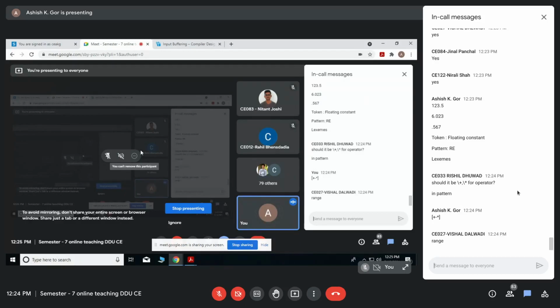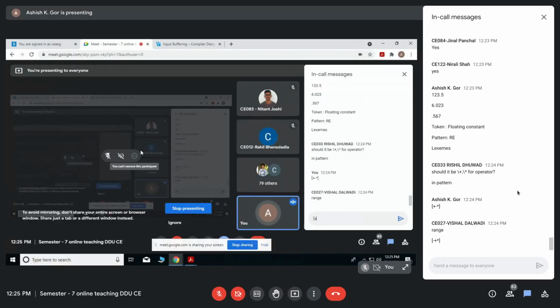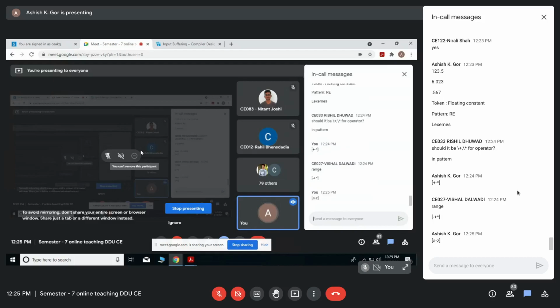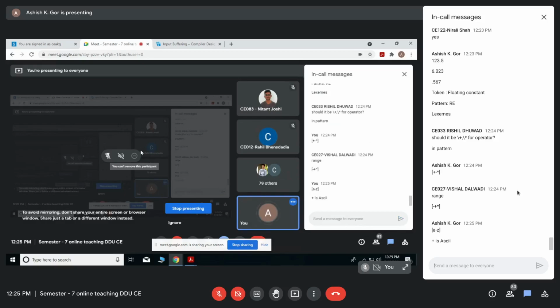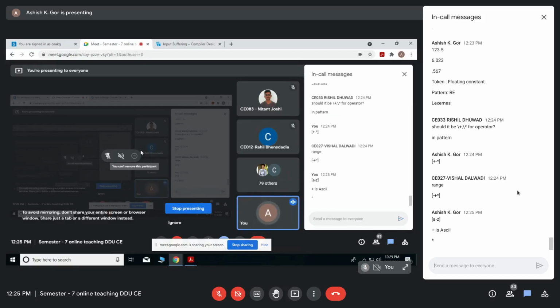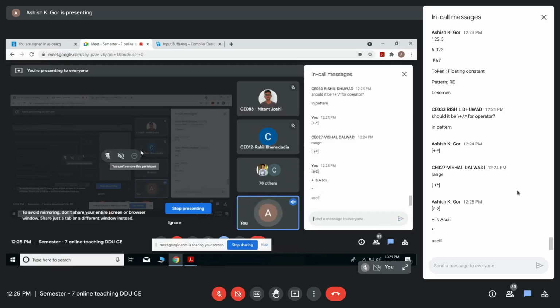Because of the range, very correct. It is like A to Z. Plus is a character with some ASCII value, and similarly star has some ASCII value. So plus dash star means the set of all characters whose ASCII value falls between plus and star, and that's why you should not use this notation. Are you getting it?